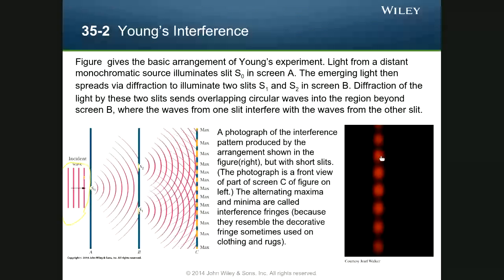You'll notice that you have these maximums and minimums, right? And you can see this for yourself. And basically, this proves light is a wave because if light were not a wave, you would just expect two clumps that sort of meet in the middle, and you wouldn't see any of these outside interference patterns. And you can actually see interference patterns that dim all the way up and all the way down. There eventually comes a point where you don't see much, but the wave nature of light creates